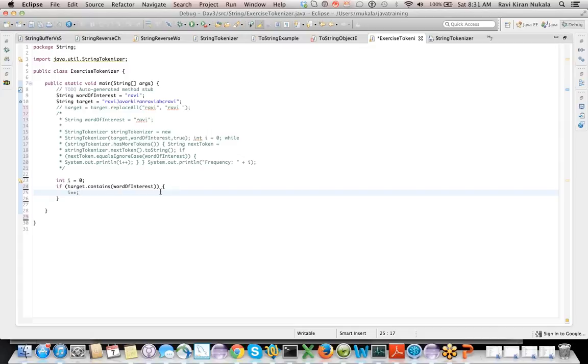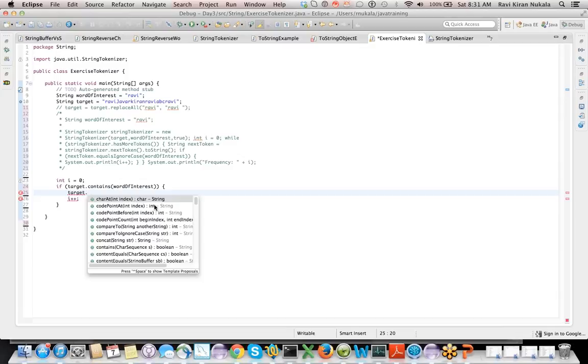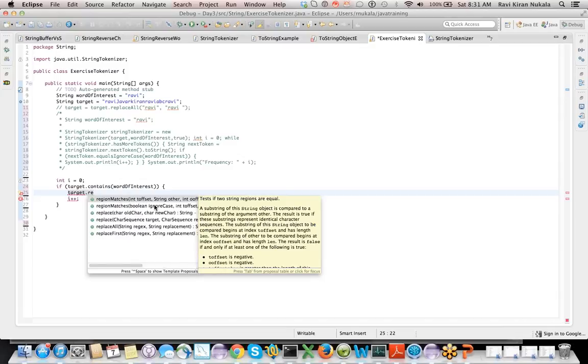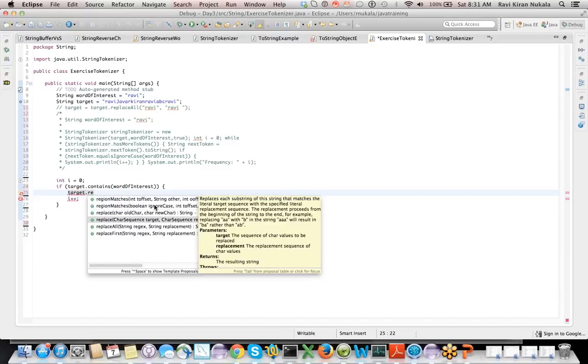What I'm going to do is, while incrementing it, I'm going to remove the occurrence. Replace method is there, right?